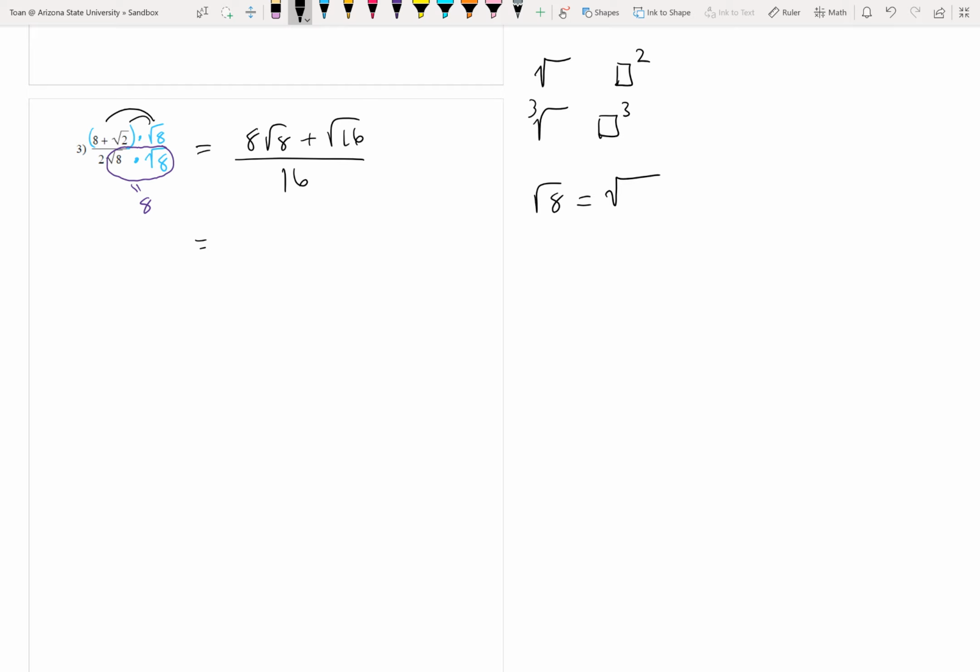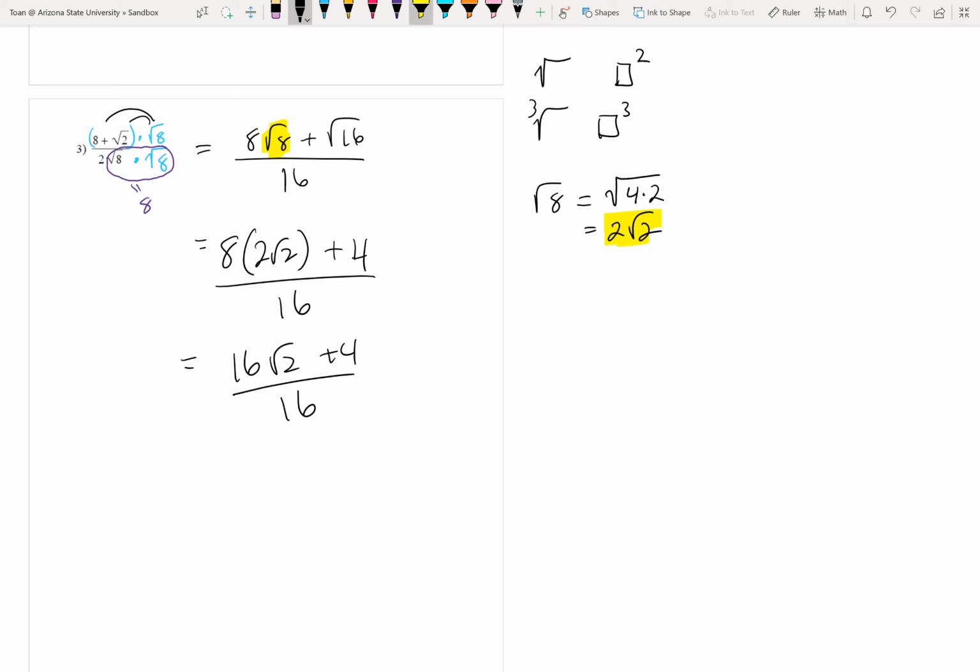We should know that 8 is the same thing as 4 times 2, so rad 4 is just 2. So rad 8 is 2 rad 2's. And of course, radical 16 is just a regular 4. Now do note that the 2 rad 2 here is just the radical 8. I still have the 8 on the outside. So it's 8 parentheses 2 rad 2's plus 4 all over 16, which is 16 rad 2 plus 4 over